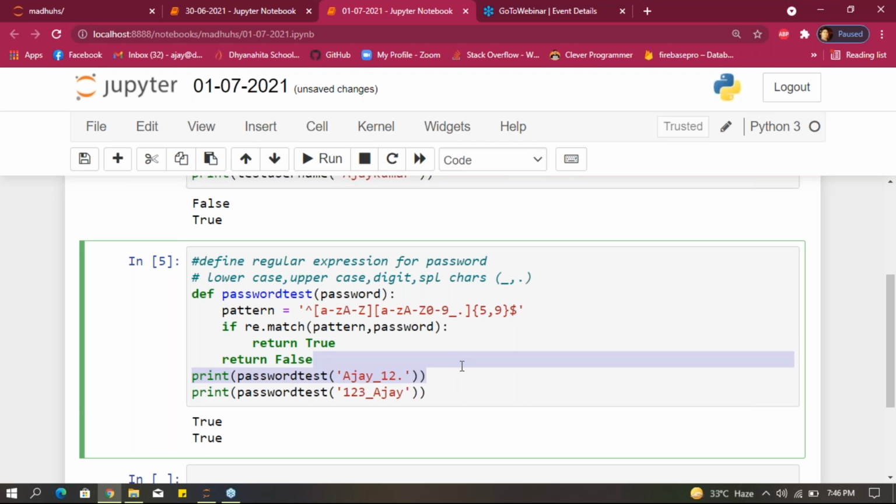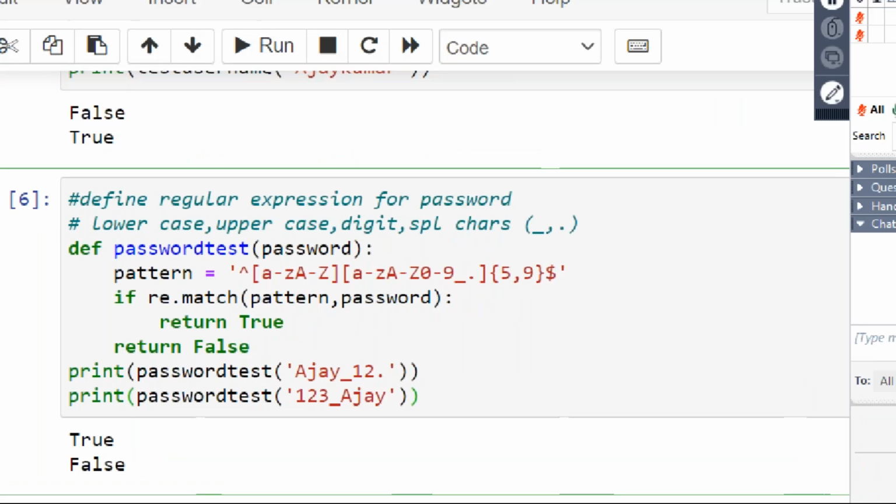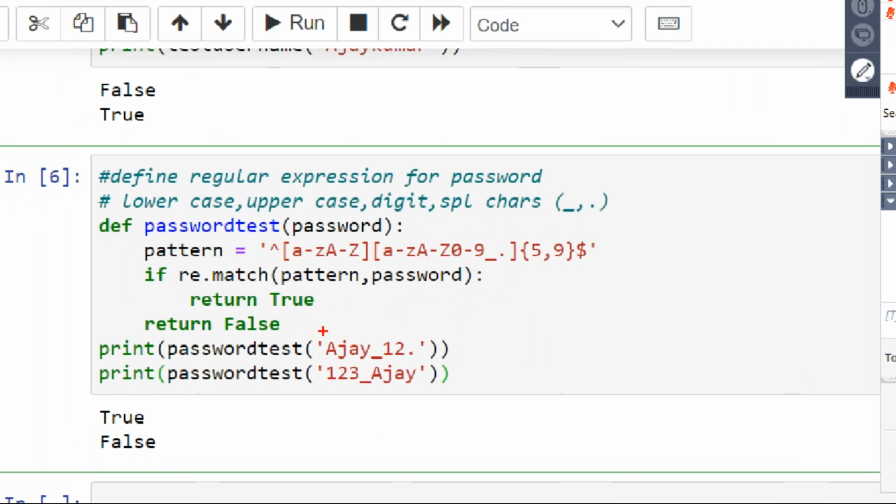If you run both, for this input I got true, but for this input I'm getting false. Why? Because we gave this condition, small a to z and capital A to Z. That means the starting letter must be a small letter or a capital letter. Understood, guys, this example?